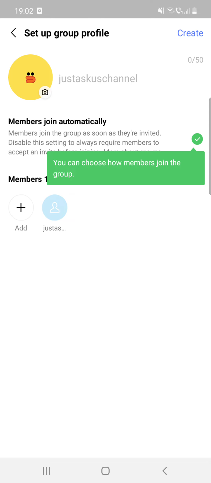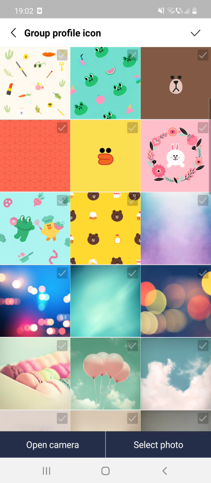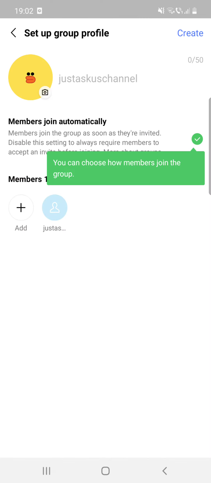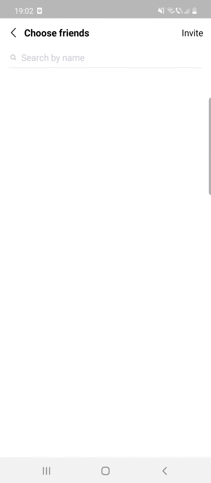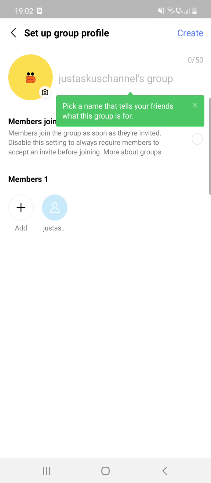the group profile. You can change and add photos, and you can add members by clicking on that plus icon, and members join the group as soon as they are invited. Disable the setting to always require members to accept an invite before joining. All right,